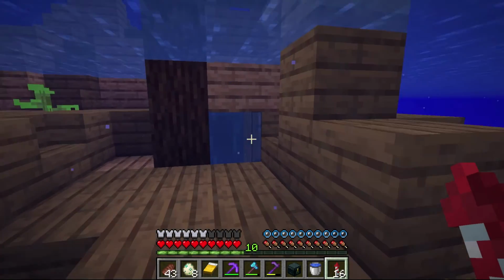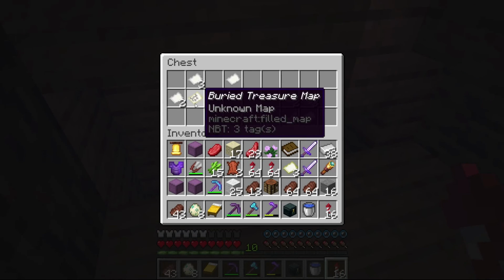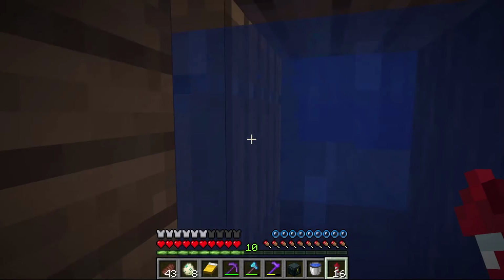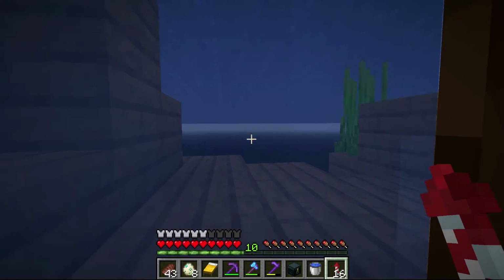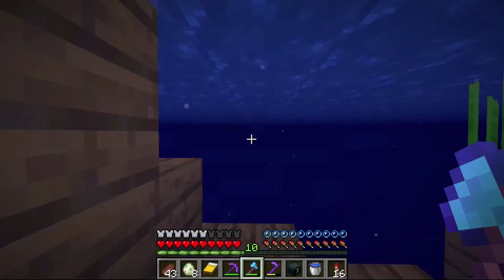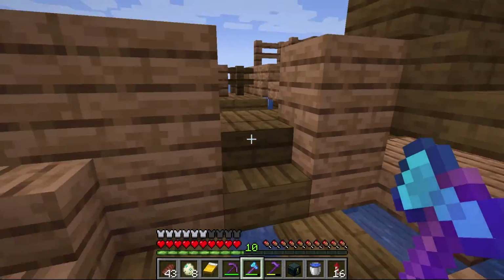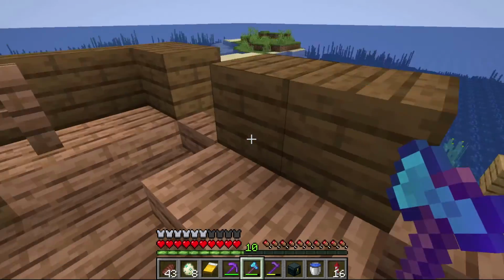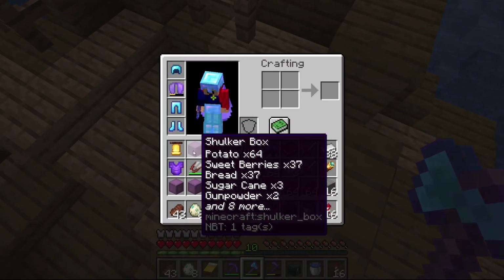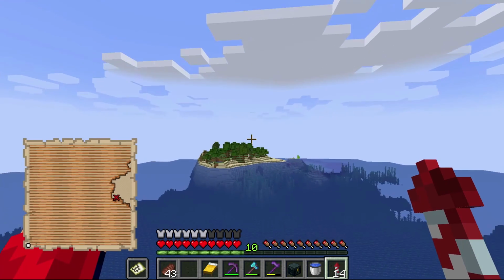Ooh, there actually is an under cavity. Why, there is a buried map. Well, that's fun. Let's... There's actually some reflection in here. So let's get out of there. Let's come up to the top side. And let's store a couple of things away. That doesn't appear to be it. So if we come back over here,